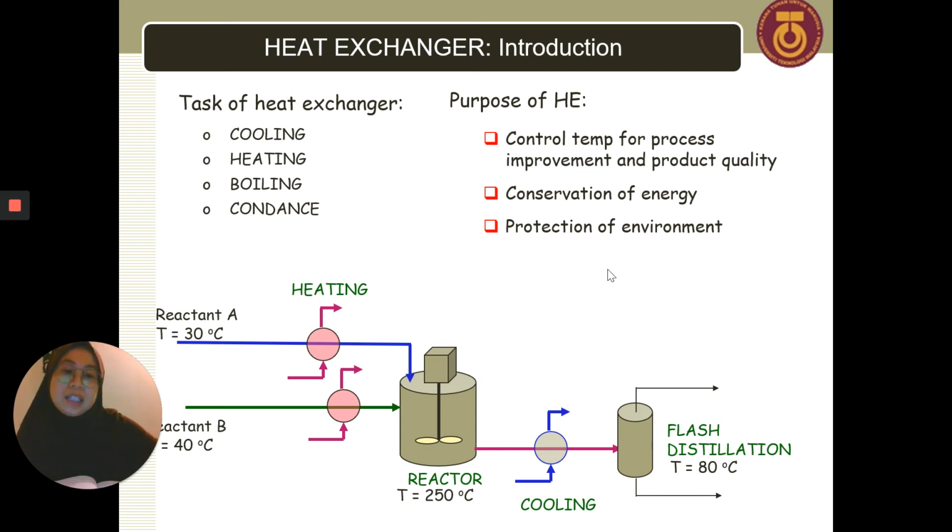Okay, and last but not least, you need to have a heat exchanger for protection of environment. Can you give one example how the protection of environment is very relevant on the use of heat exchanger? That means why heat exchanger is relevant in order to protect the environment. Maybe you can think about one example. Okay, so next,